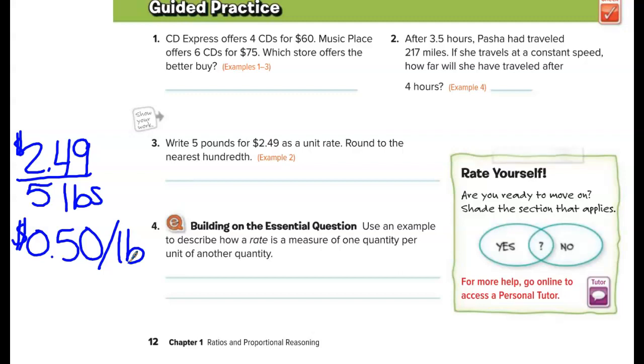Cheyenne. Any others? All right, perfect. So what we are going to do next